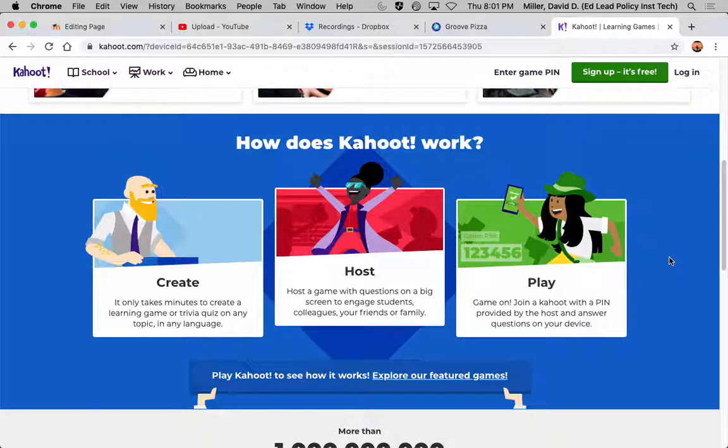In fact, at one of our recent faculty meetings at school, they actually used it with the faculty because they wanted to get a quick read on something. For those of you that haven't seen it, basically you enter the questions. It gives you, I think, up to 4 possible answers. So it's like setting up a normal quiz, but the way it runs is it displays the question, and the 4 answers are on these 4 color-coded shapes.